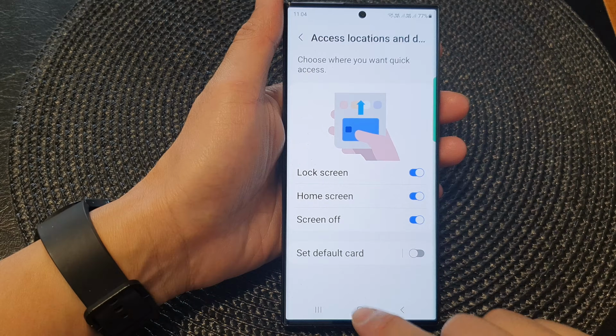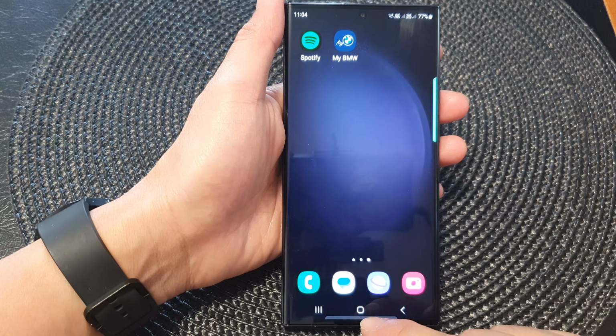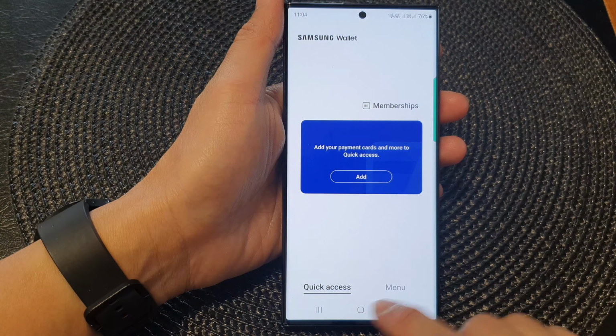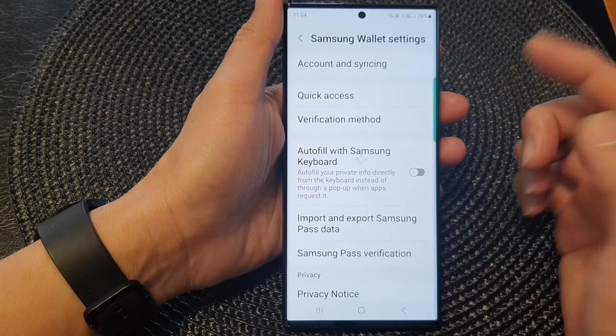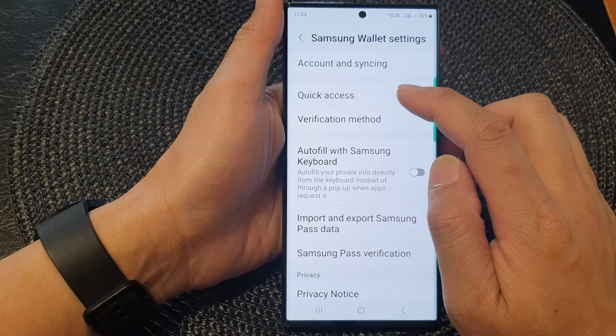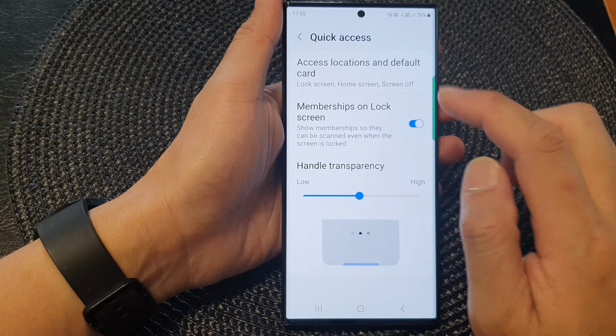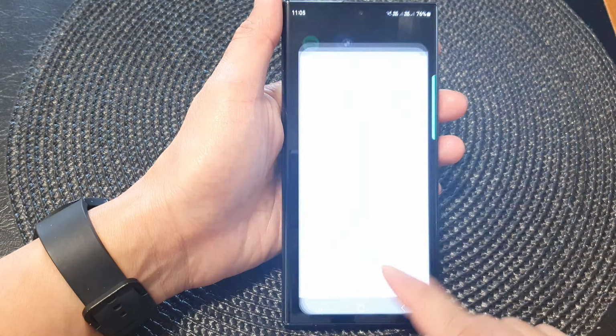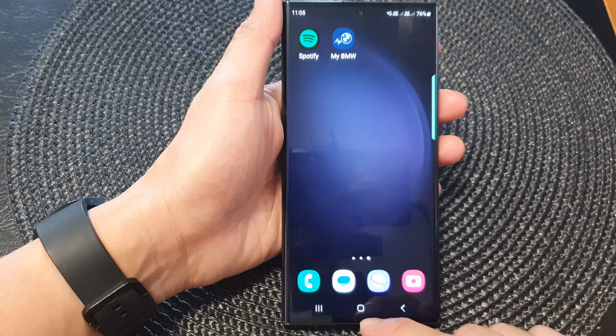So what it does is that on your home screen, you can swipe up to quickly access your Samsung Wallet. And to turn it off, we can go into Quick Access again. And then we're going to switch it off. Now that I switch it off, you can see when I swipe up, it does not open up the Samsung